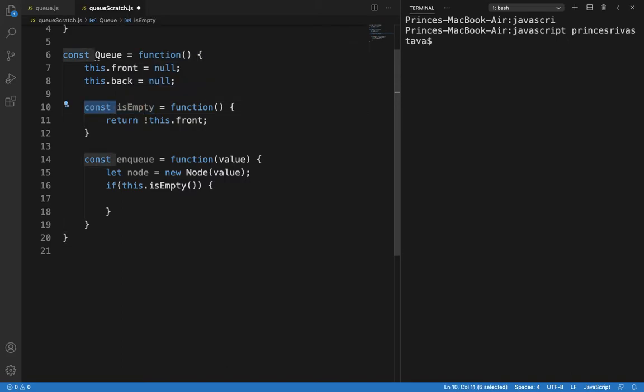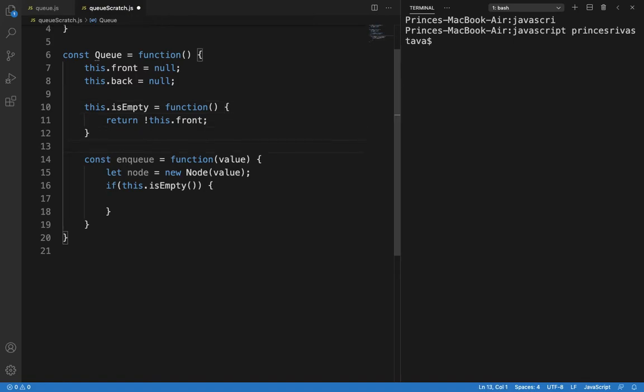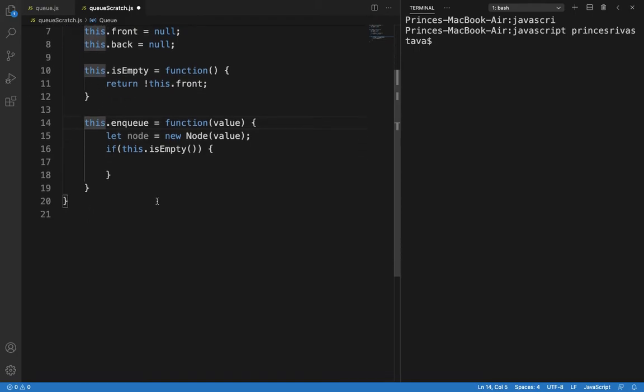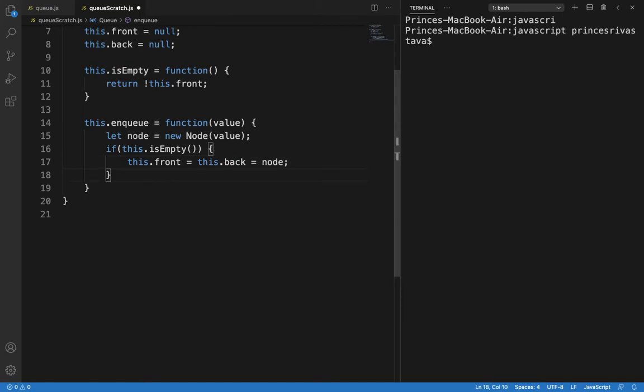Actually, no, it will work. So similarly, this.enqueue, because it is a function on this function object. Now if the queue is empty, then what we'll do is this.front will be equal to this.back, and that will be equal to node, the node that we have created just now.